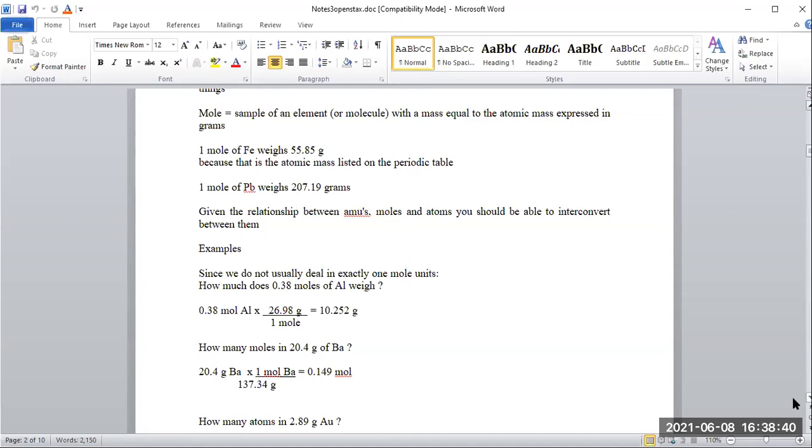Look up the atomic weight of aluminum on the periodic table, 26.98, and set it up as a conversion factor. It is 26.98 grams per mole. Multiply those two together because there's a mole on the top next to my aluminum symbol, and there's a mole on the bottom, 26.98. Okay, the moles cancel out. You're going to multiply your two numerical values together, and you get 10.252 grams